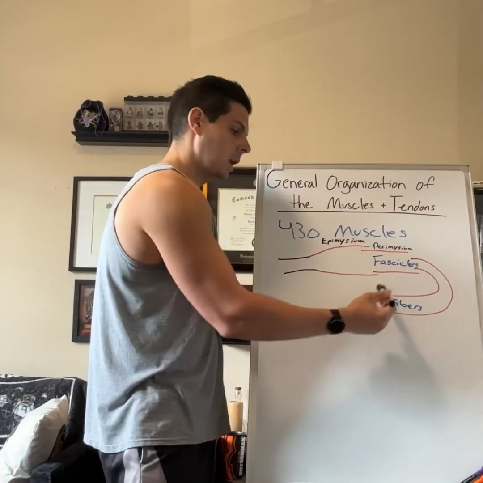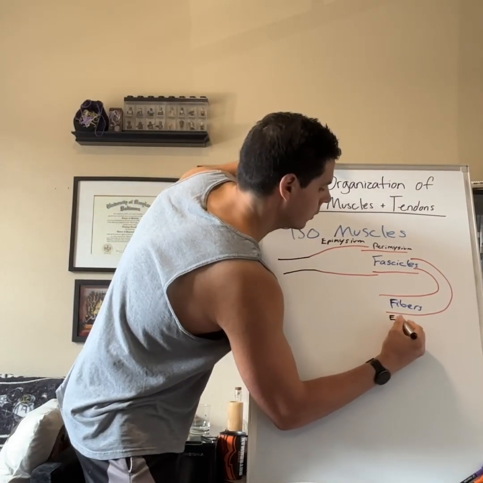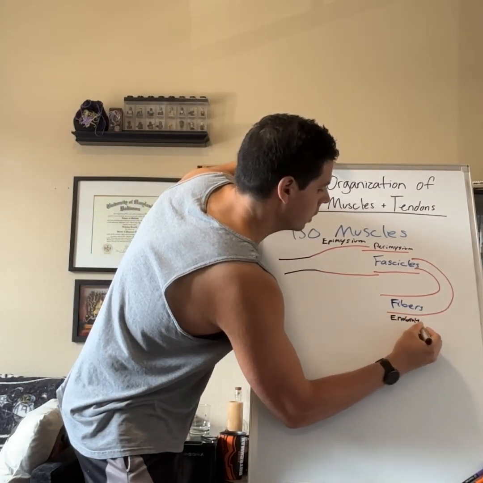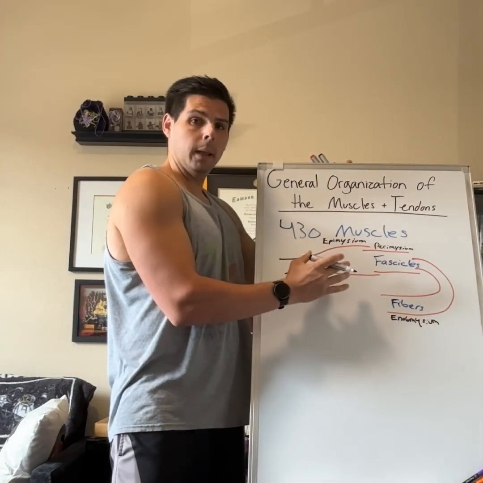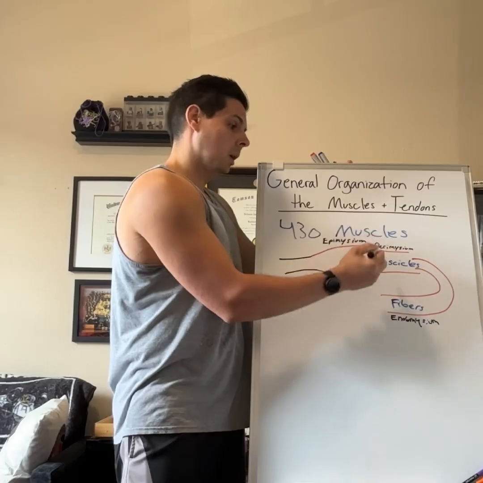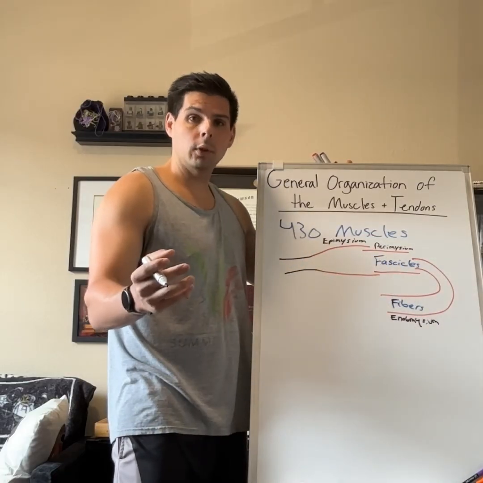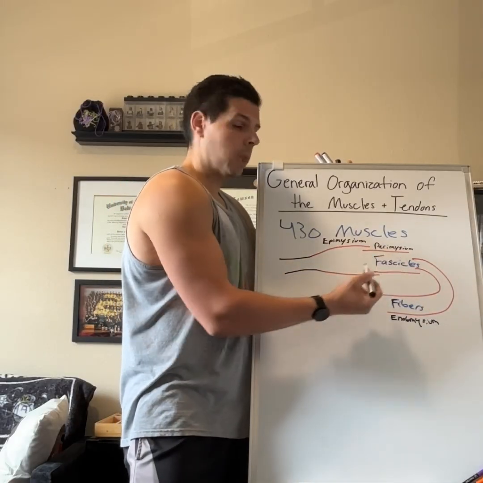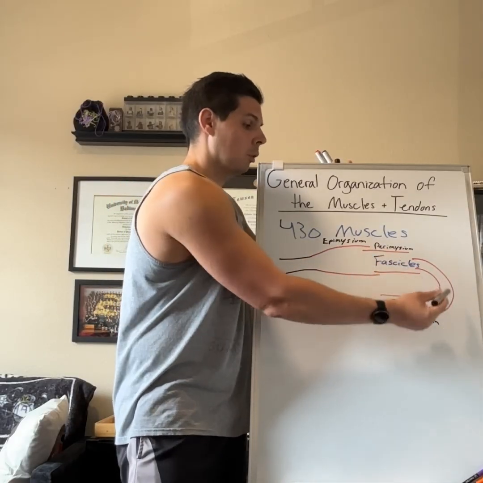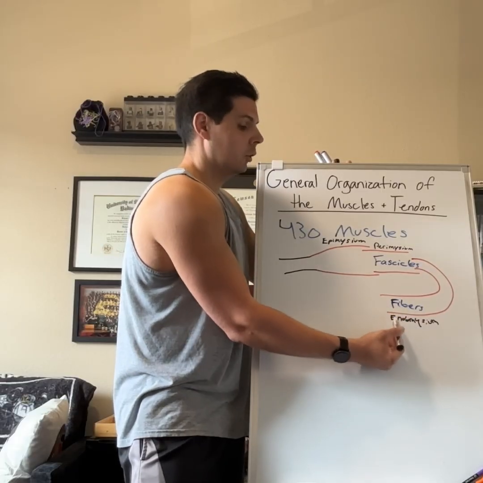When it is surrounding the individual muscle fibers, it is referred to as the endomysium. So, entire muscle belly surrounded by the epimysium, broken down further into bundles referred to as fascicles or fasciculus, which are surrounded by perimysium. The muscle fascicles are then broken down further into individual muscle fibers, which are surrounded by